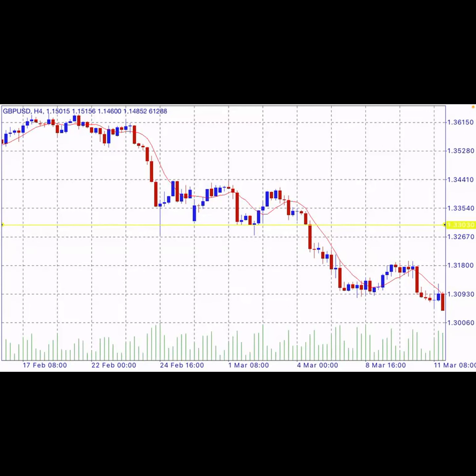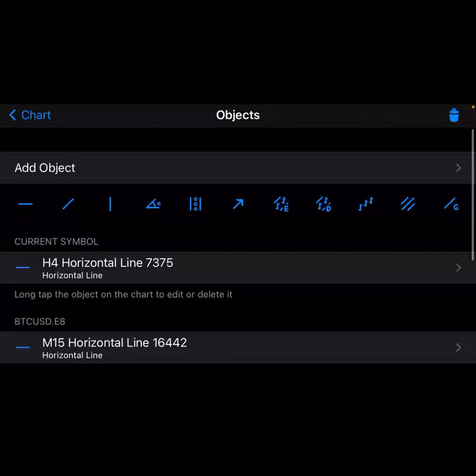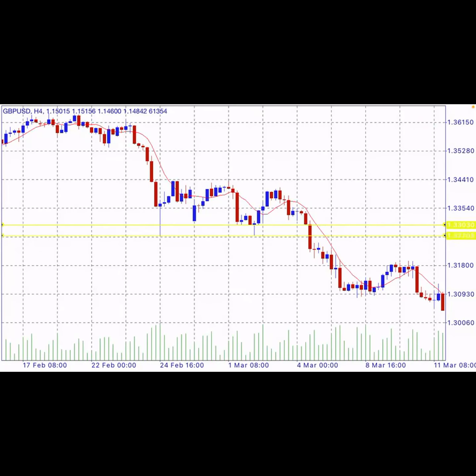Now, wait, Adebayo, you're too fast now. Remember it's a zone, so you can't just put one line. Do you get? You need to put two. One is going to be on the body of the candle, or the lowest one, and then the other will go to the wick, the lowest wick. You're going to put another line. So the area will be like you marked out a triangle. So go pick another line.